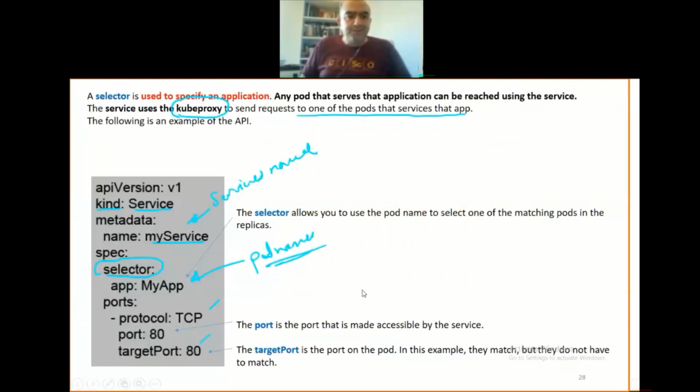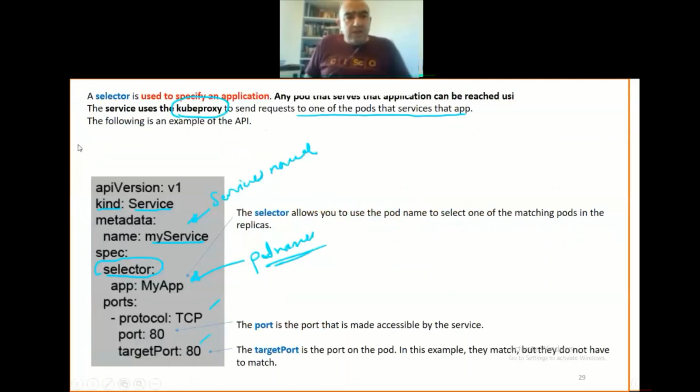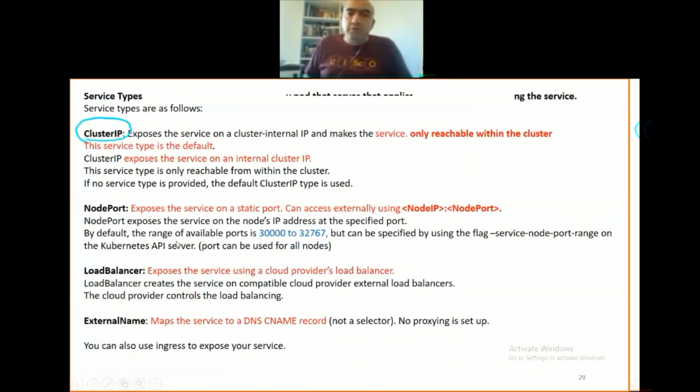Now, another important thing that I can add here is the type of service that I'm using. This service that we are talking about here is a little bit similar to the network driver that we have in Docker. So we have here 4 different types of services. Cluster IP, this is the default. In this example, I didn't mention any service type, right? I just gave my service a name. Now, what is the type here? By default, if you didn't even mention it, the service type is the default, cluster IP. That means